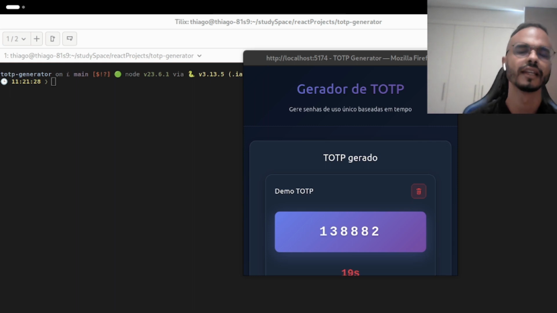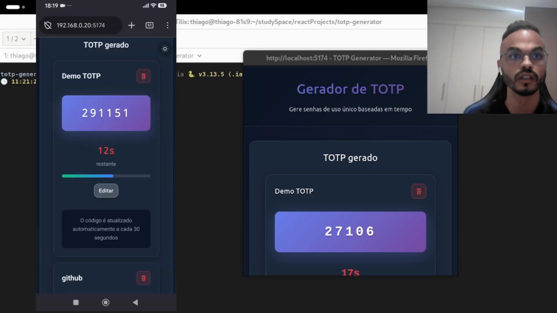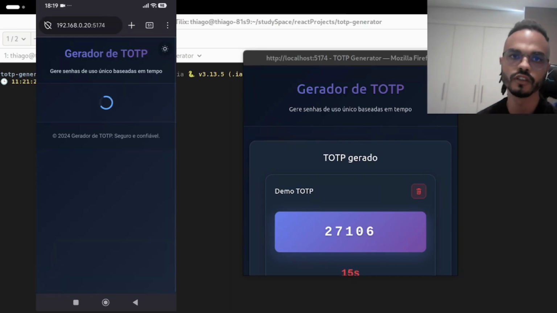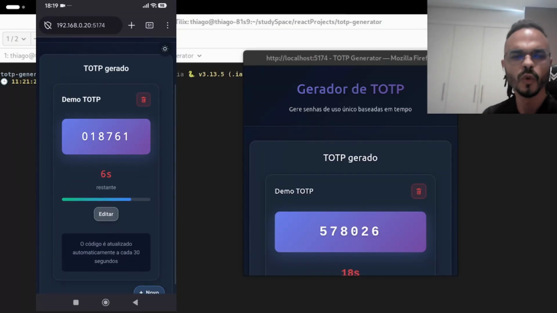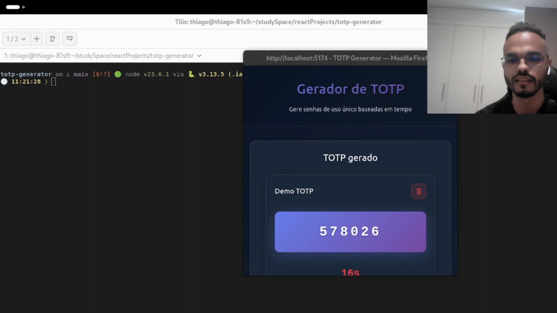Alright, so let's go to the technical part of the presentation. So basically I decided to build my own version of an OTP token generator for 2FA, as you can see right here. So what does that actually mean? That sentence that I just said has a lot of small concepts and technical terms, but to simplify,